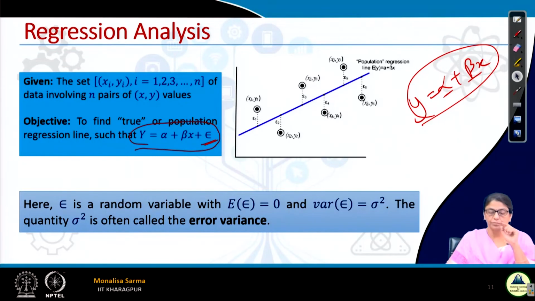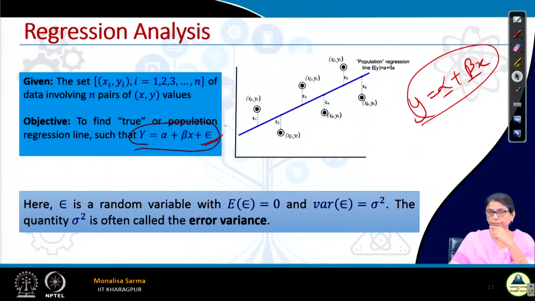Now here x is very much a deterministic value. X, we just take it, the value which is already given to us, like the number of hours I will put in study, that is 4 hours. There is no randomness to it, that is a deterministic value. There may be some negligible error in measurement. Other than that, there is no indeterministic part to it. But for the dependent variable, there is a random component attached to it, because of which the equation that maps the dependent variable to the independent variable is no longer a deterministic equation because of this